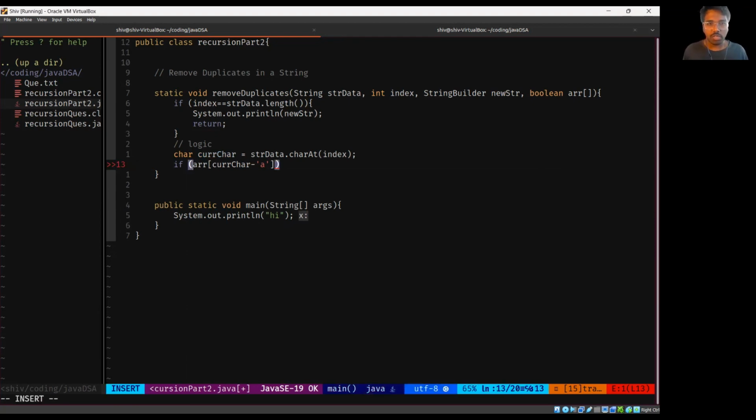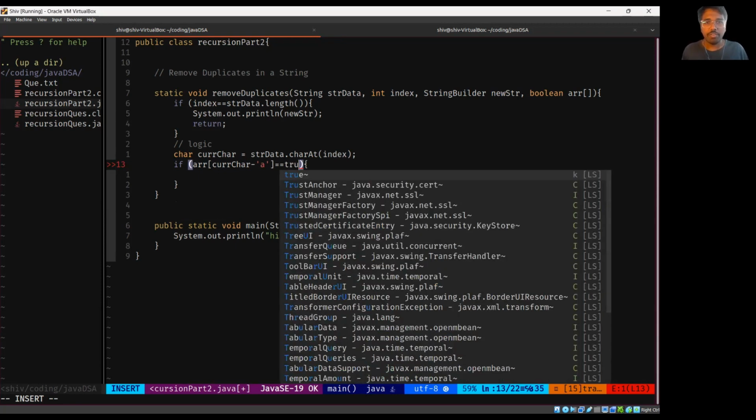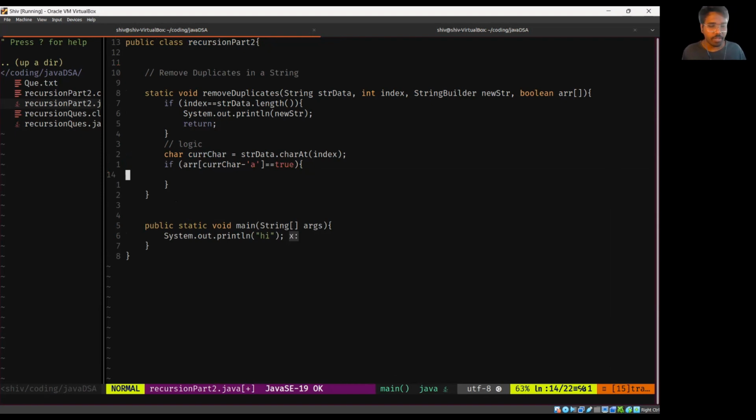Array of 0. If it is equal to 0, if this happens, then curly brackets go to the next line. Sorry, it's not 0 actually, it should be true, right? So this is true. If it is true, that means what? The position is already taken. Okay, so in case the position is already taken, then what we have to do is we have to